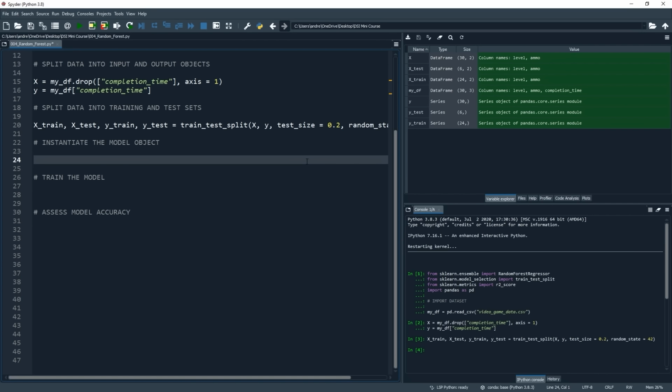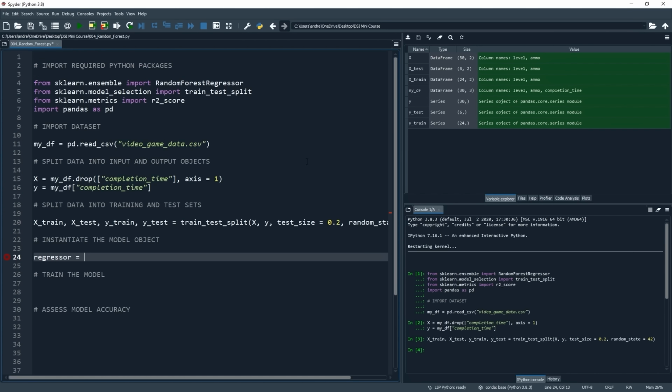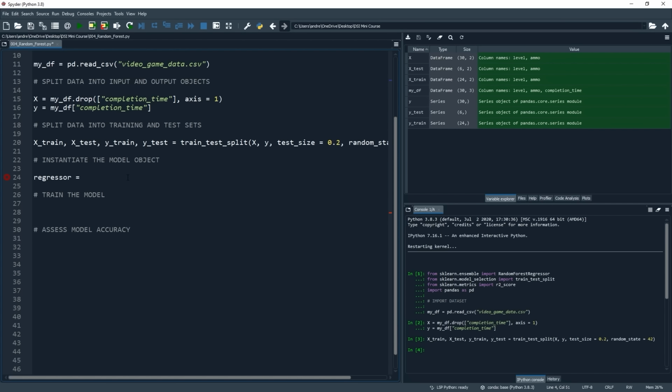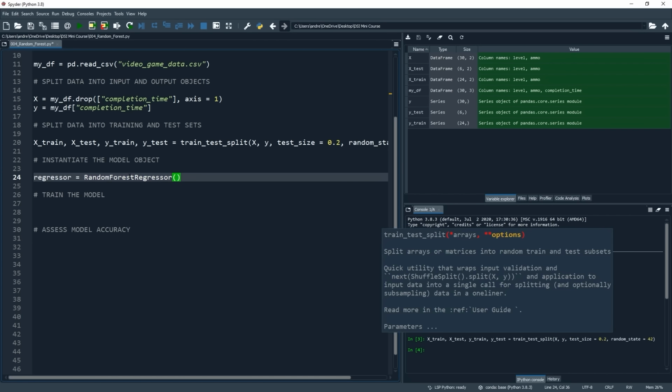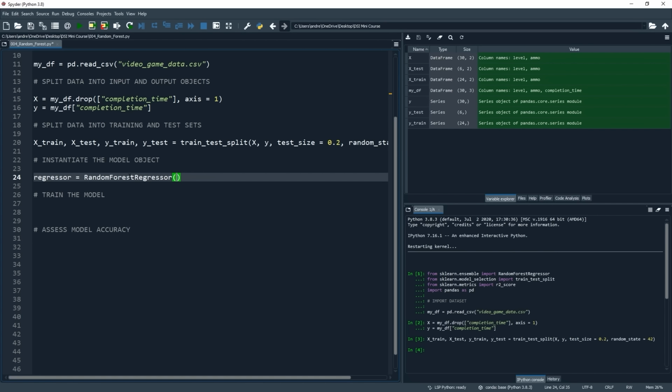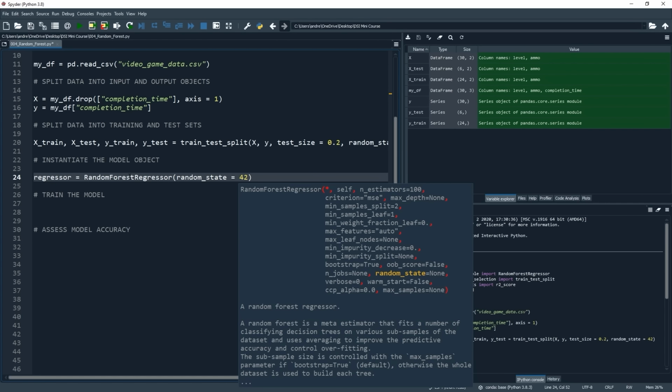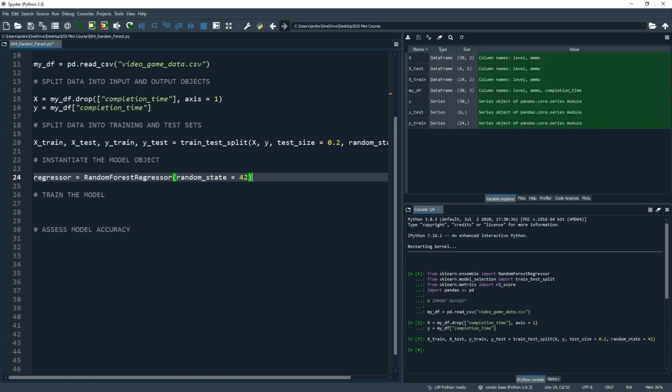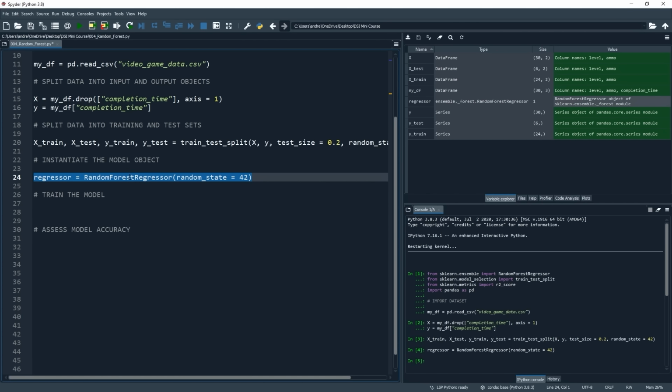Alright, so now our data is ready to go, we want to instantiate, or simply create, our random forest model object. And a common convention when creating regression models is to call this object regressor. Then all we need to do is set that equal to our random forest regressor object. So let's paste that in, and then afterwards we're going to put parentheses. Within the parentheses, we will just put in one parameter here. There are lots of ways that you can tweak and tune our model, but for now we are just going to put in random_state equals 42 again. And this will again mean that you and I get the same results when we run our models. So let's head to the end of that line, highlight it, and again run it using F9. And just like that, our model has been instantiated.